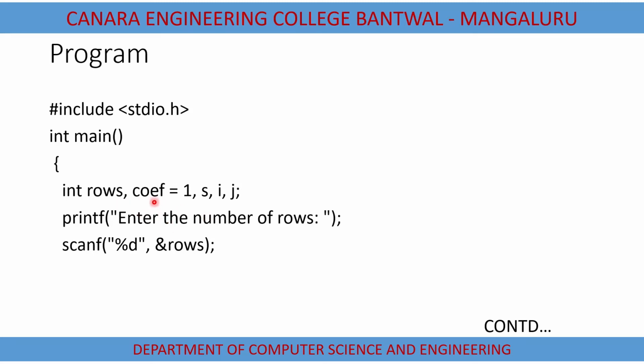The next variable is coefficient, that is to calculate the coefficient value, or you can say the nCr values, which we already discussed in the previous slide. Followed by s, which takes care of the spacing. Followed by i to take care of the iteration. That is, if I want to repeat the loop for the number of rows, I'll take a counter i and rotate for that number of times. And j we are taking to generate the numbers for this triangle. The triangle numbers are the numbers generated by this j value.